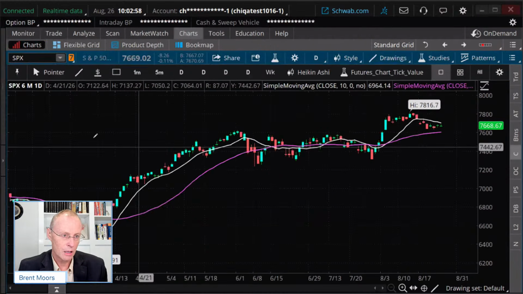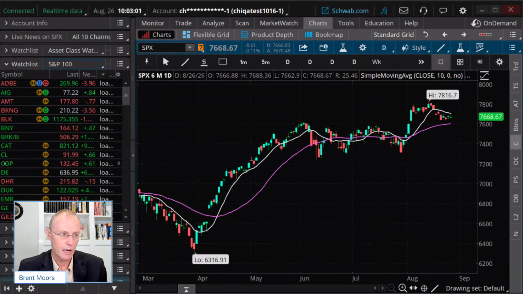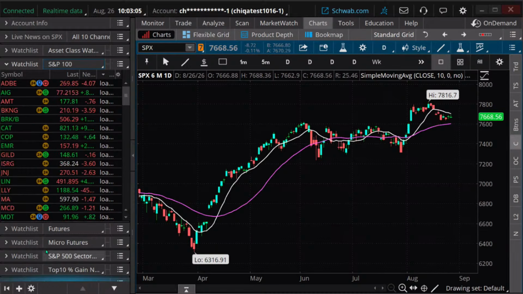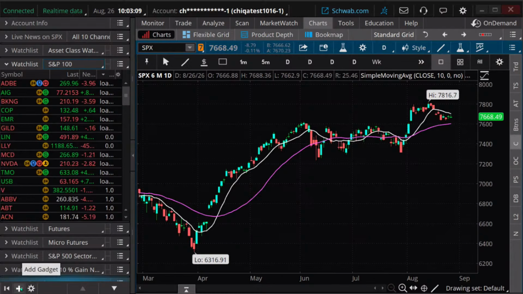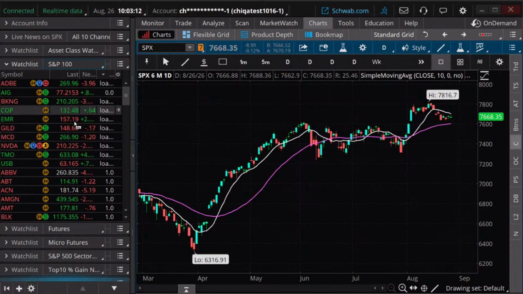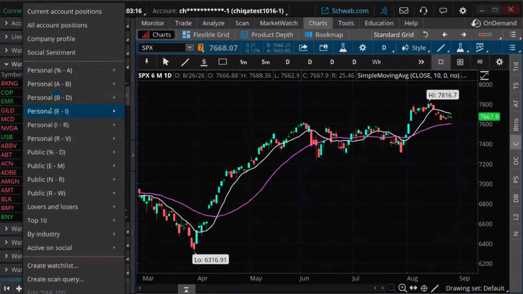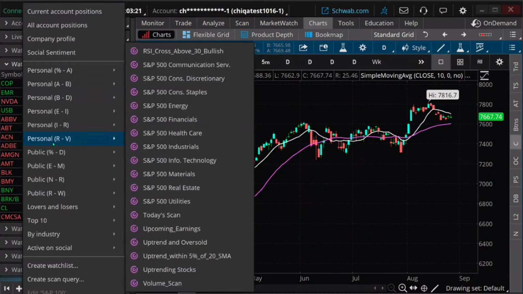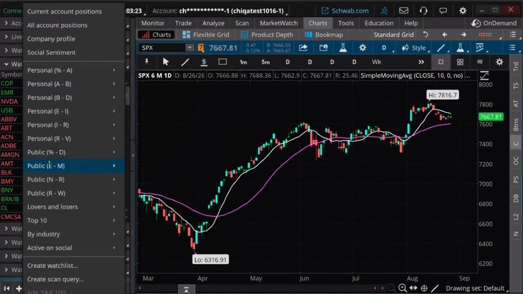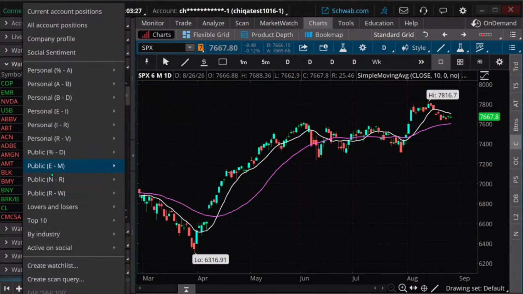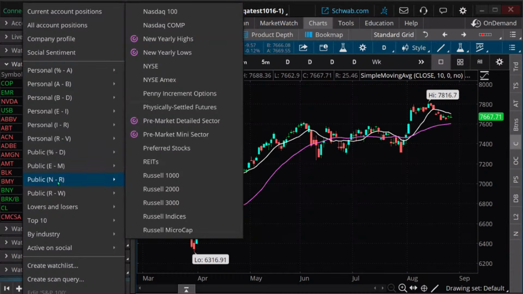Open up the left-hand column. You guys probably know how to do that. Click on that. And you can go down, and if you want to add a watch list, click on the little plus sign in the bottom left portion of the page. Now, when you click on watch lists, there are personal watch lists, and I have a lot of personal watch lists. You don't need to have that many. And there are public watch lists. You have these as well, the same ones I do. You can start with the public watch list.